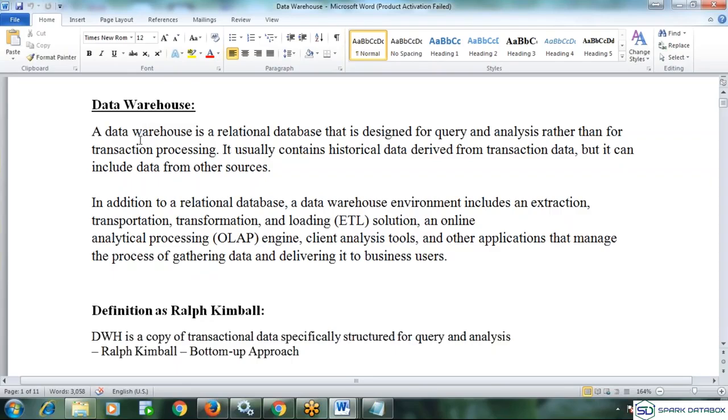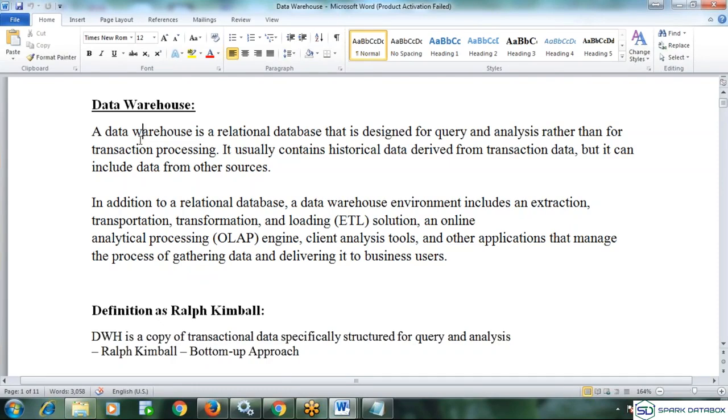Querying means I can run only selection statements here, there are no inserts and updates. At the time of feeding the data we are doing inserts and updates, but finally, once we have our data warehouse, on top of that we are doing selection queries, and by using that we are doing analysis.